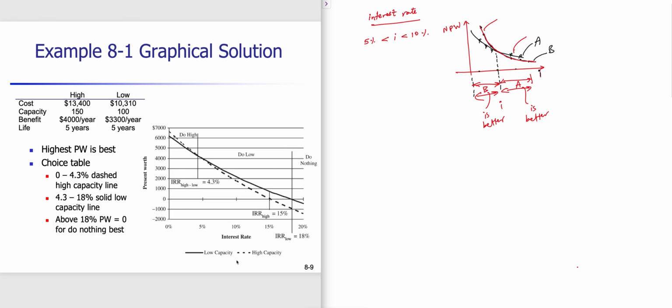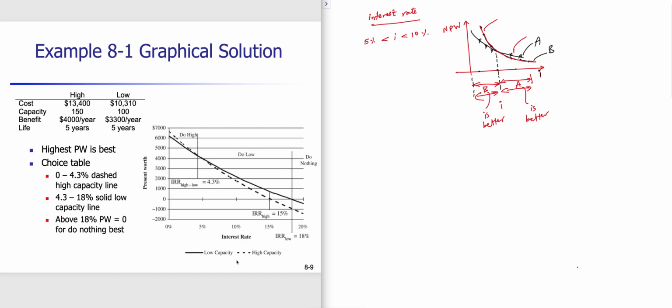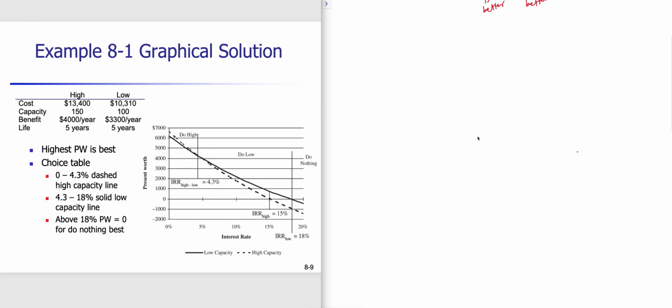if you look at this example, I'll solve example 8.2, but I'll discuss what's happening in example 8.1. So graphical solution. First of all, we need to get this graph. And how do we get the graph? By doing the following. So in example 8.1,